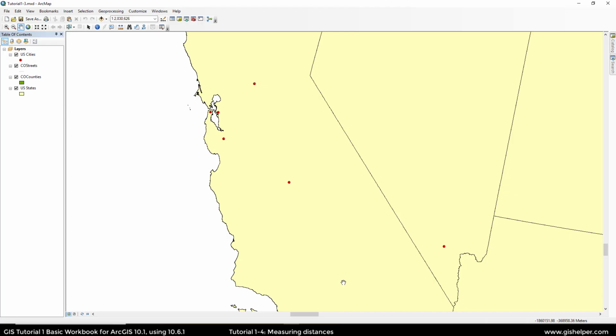This is tutorial 1-4, measuring distances in the GIS tutorial 1 basic workbook. In this tutorial, we're going to use the ruler tool to measure distances. I'm going to go a little bit further and show you how to measure area as well as a whole